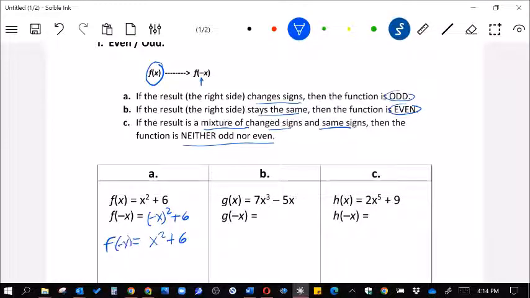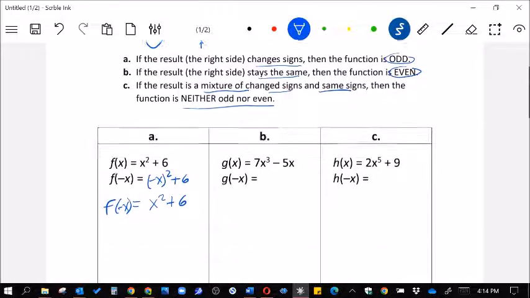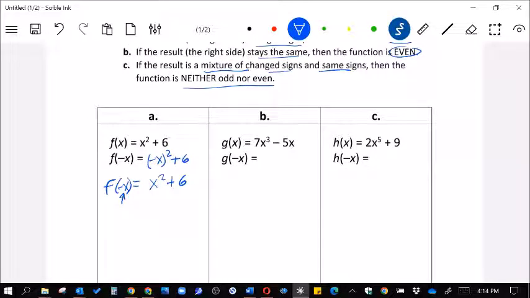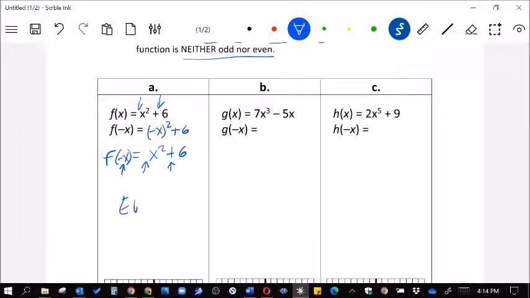What you see here is that when you make the x the opposite, you actually have no change because of the squaring of it. So in this case, you have positive and positive, and after you change it, you still end up with positive and positive. That makes this an even